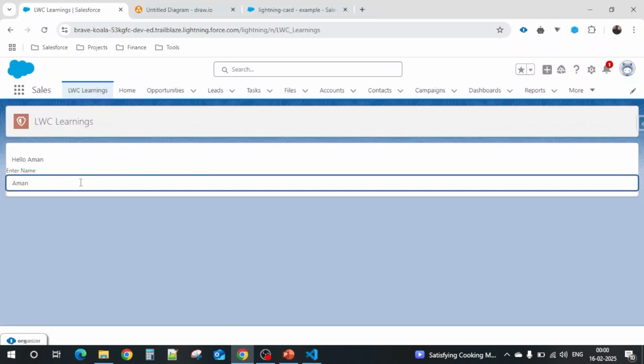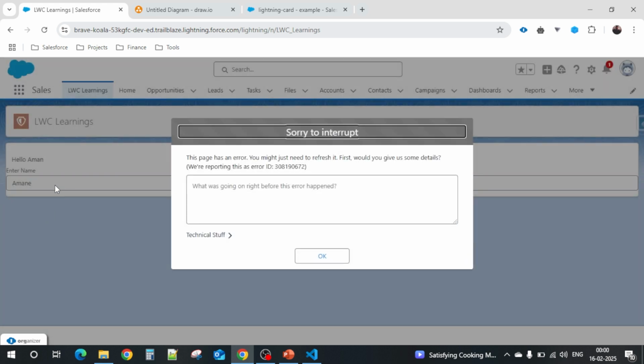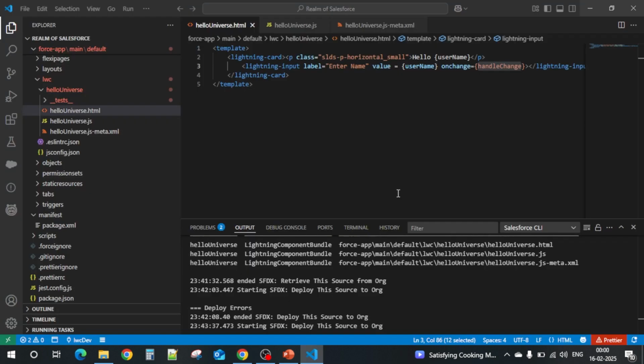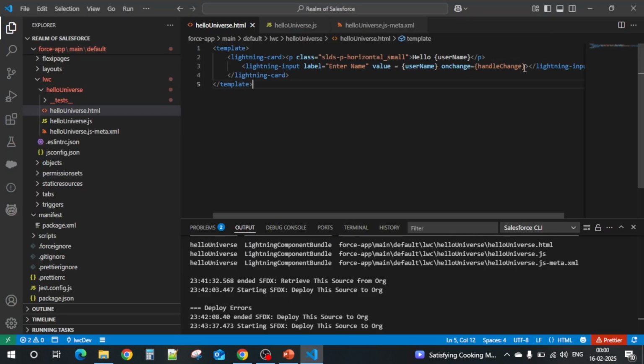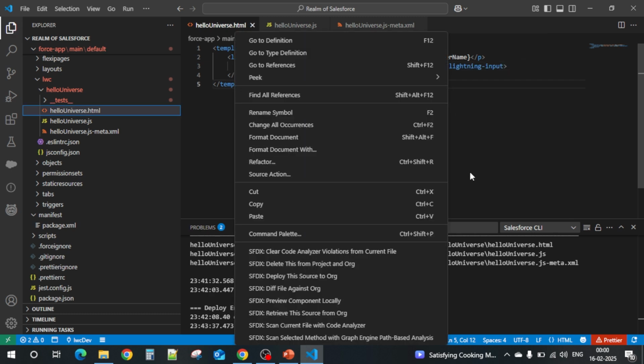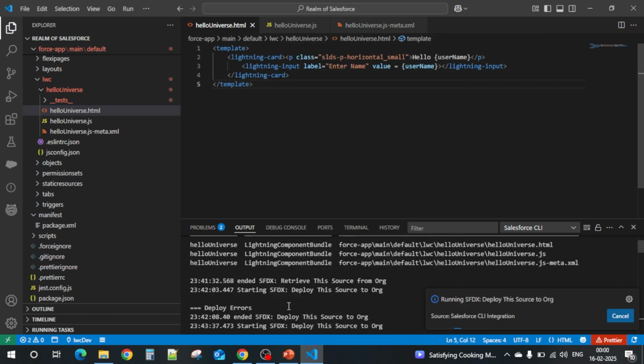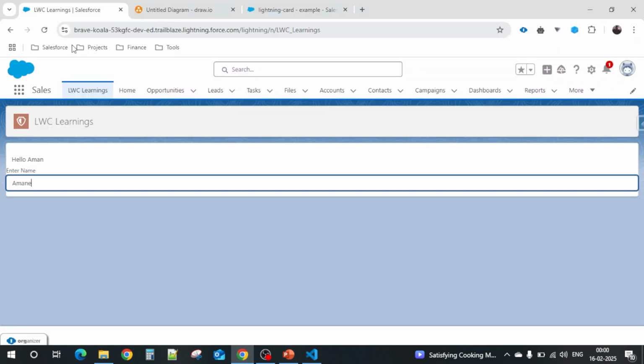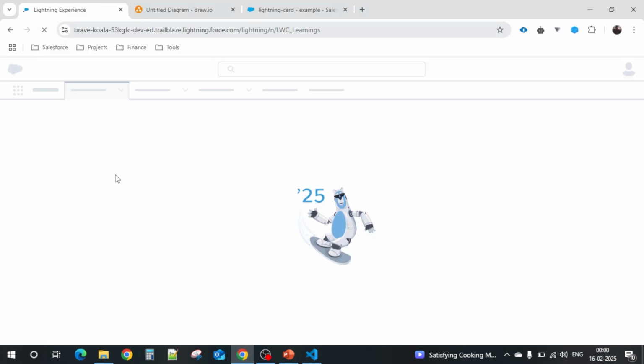So what will happen? Suppose you type another letter, it throws an error because we are not handling the event. If I remove this on change, it won't throw an error, but you'll understand what it will do when we change the letters. Now if I refresh the page,